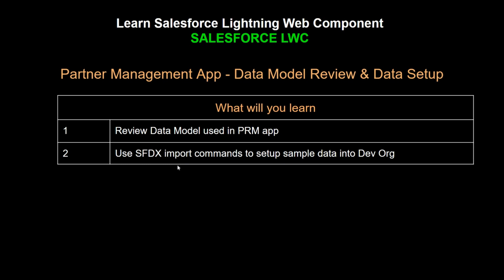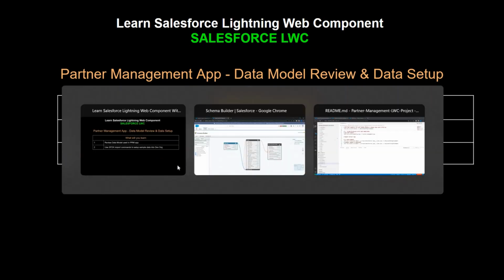In this video, we're going to learn about the data model review, and then we will also do the data setup for our partner management app. In the last video, we talked about how to set up the base code that involves all the tabs, the application, and the objects needed to build the application. In this video, we will take a deep dive and see what different custom fields and custom objects are used, and how we can create test data for our application. So I'll go back to the app,